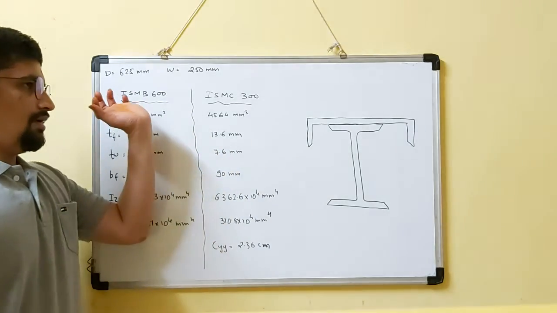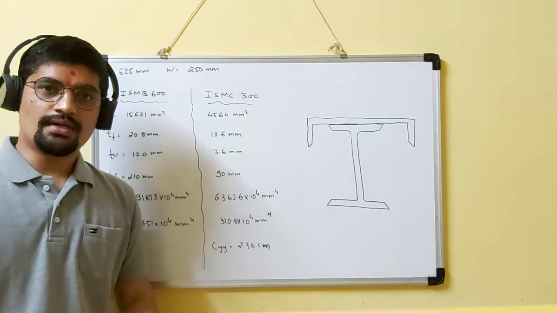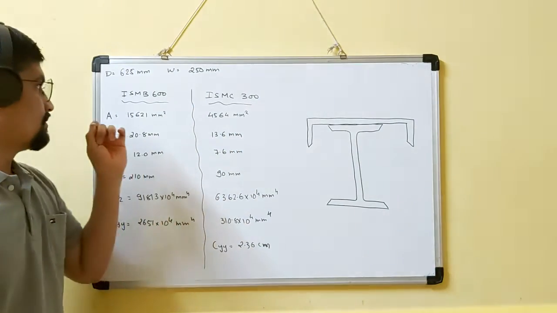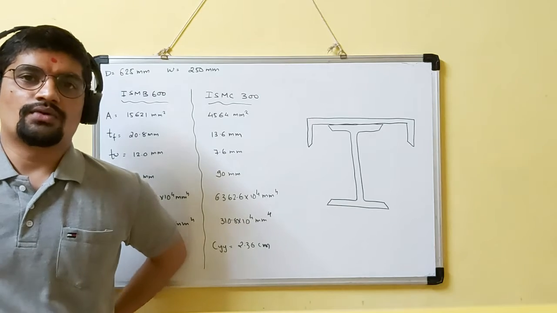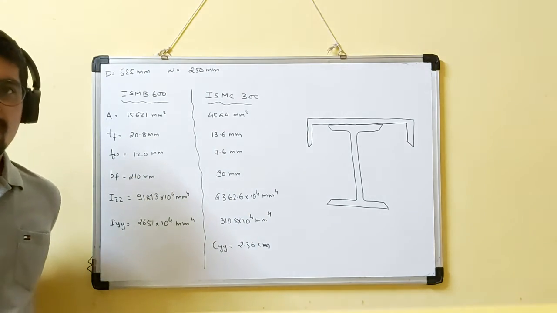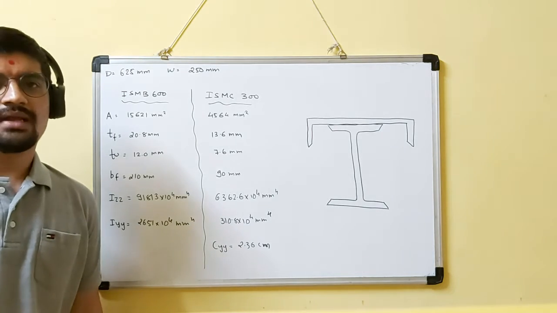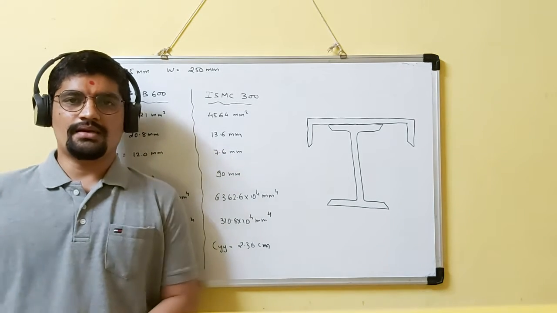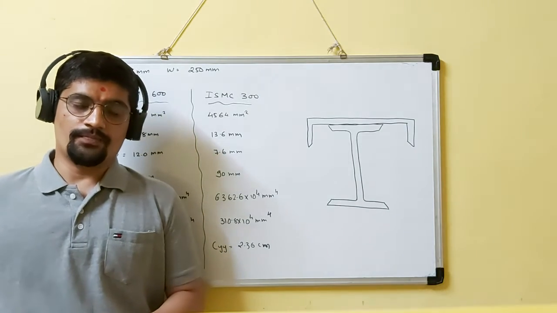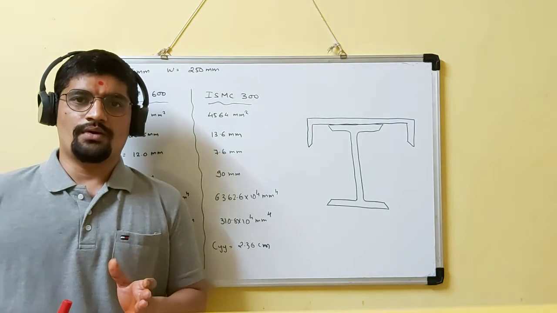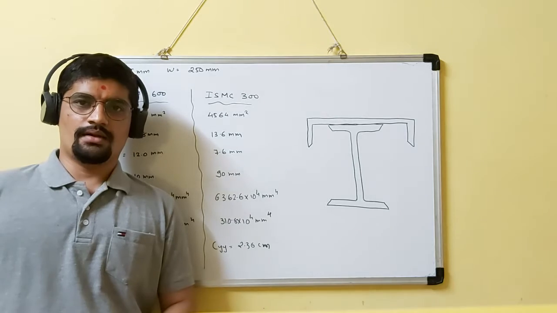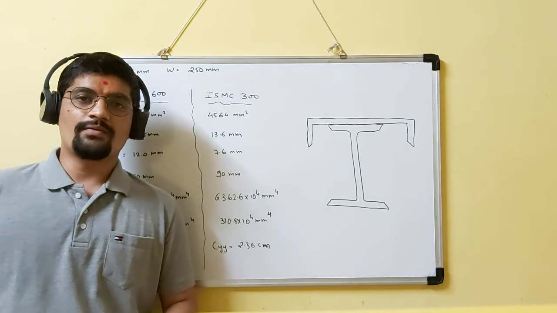But now we get confused about why we are providing a width more than 250 and a depth of around 600 mm. It is because we are providing a rolled steel section, and the rolled steel section has a maximum depth of 600 mm. After that, no section is designed. So if in future we get an economic depth like 750 mm, at that time what do we need to do?